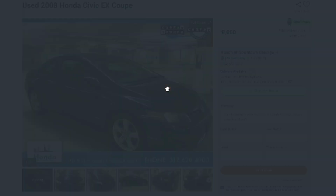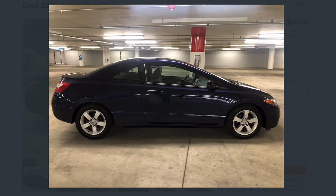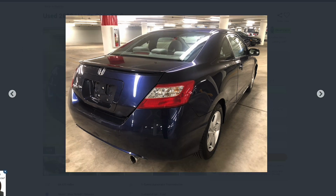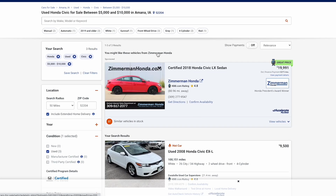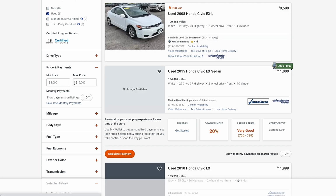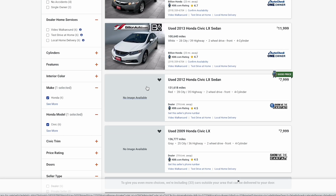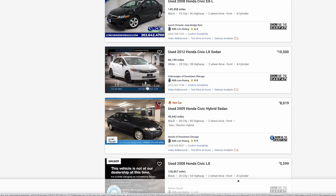And then of course you can click on the pictures here, and if it's a dealer, there's going to be a lot of pictures, probably somewhere between 15 and 20 pictures. If it's a private seller, not so much. And then you can play around with the price a little bit. You can change your parameters here, and then you can see $12,000. We can put that in. That will change a little bit. And you can see whether you can get a slightly better vehicle at the 60,000 mile mark